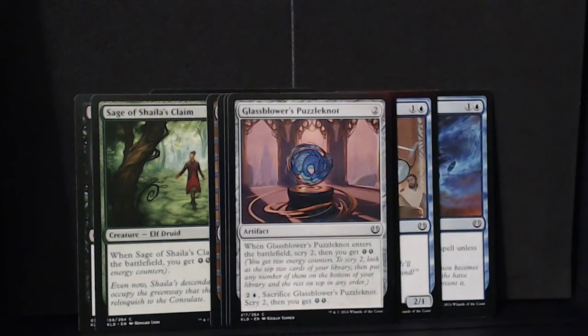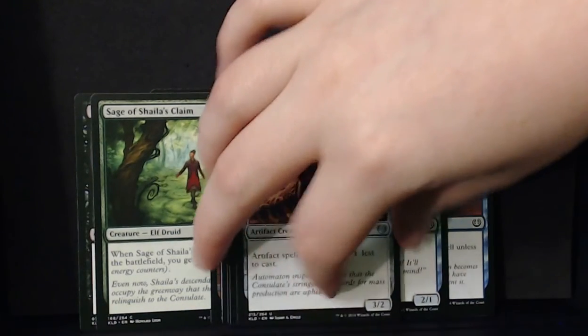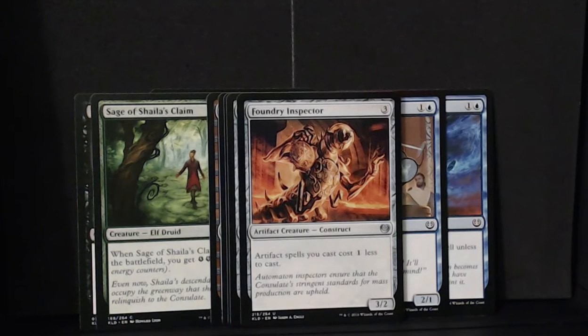Glass Blower's Puzzle Knot. It's a scry card. Yeah. Allows you to shuffle up your library a bit. I like this. I wonder if it actually stacks in the room. Things will cost 4 less. I don't see why it wouldn't. Those tend to stack, unless they specifically say they don't. That would be nice. So I like that. And it's a 3/2 that costs 3, so... If you have an artifact-heavy deck...